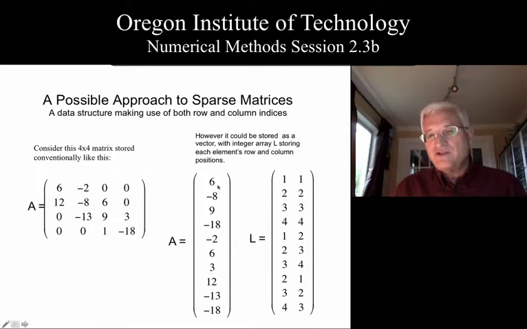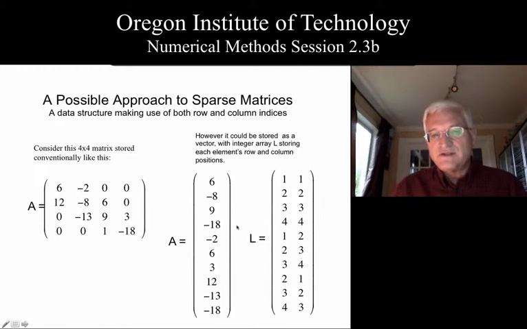Now, at first blush, you'd go, this is really bad. I've got 3 columns I'm storing by 10. That's 30 positions. I only started with 16. I don't think that's so good. Well, try making this matrix a 5 by 5 and a 6 by 6, and you'll see it won't take long before the A and L combined matrix system takes a lot less space than the conventional square matrix.